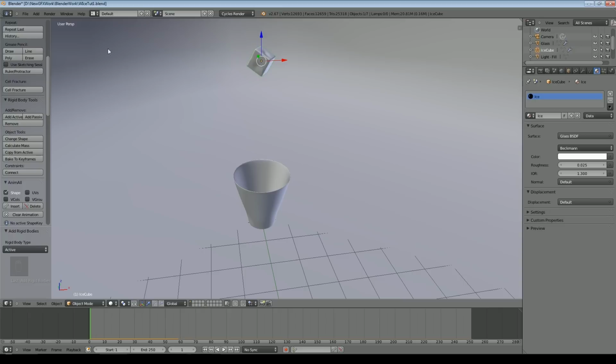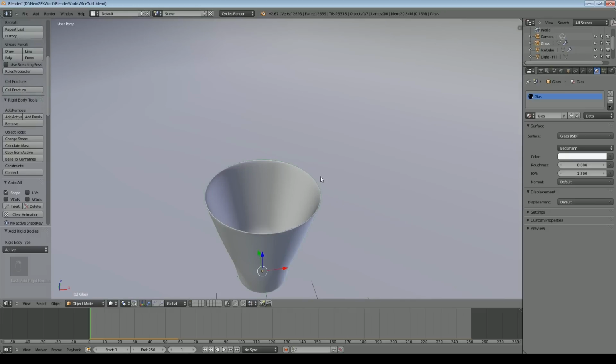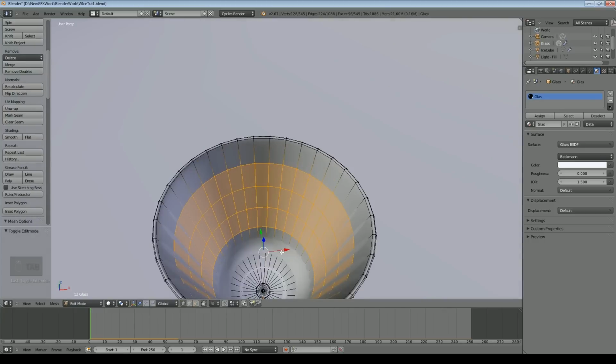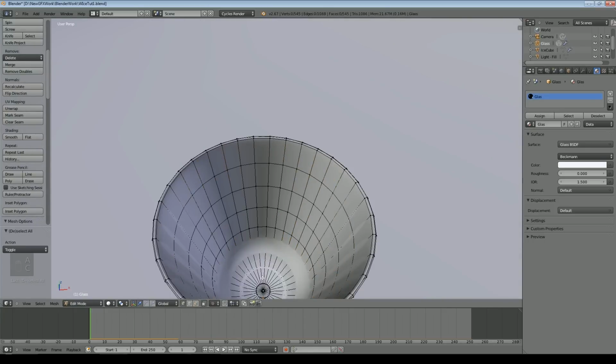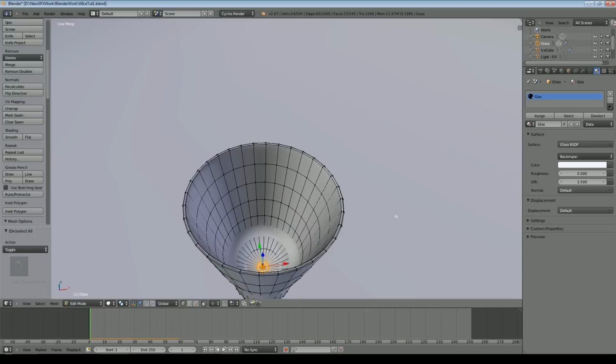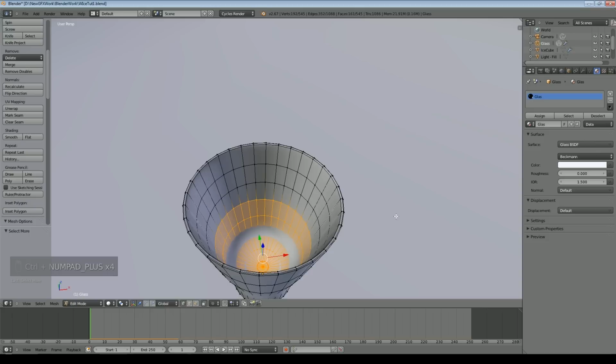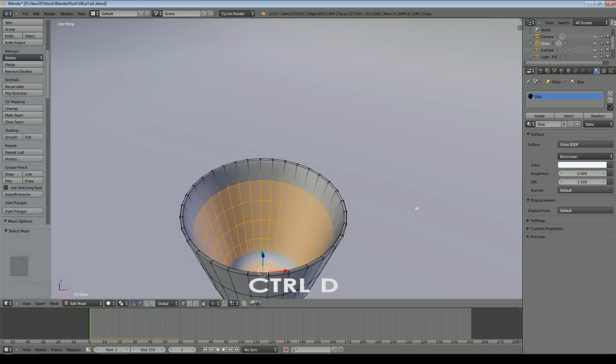And now we'll go to the next step, which is to create the liquid. So we'll just save that. So we'll come back to our cup, go into edit mode, and what I'll do is I'll use C and select an area, and we'll select the bottom vertices on the inside, and then Control plus, and that will expand our selection, and we'll say that the glass, rather, not cup, was about that full. Then I'll press D to duplicate, and I'll shrink it in ever so slightly.